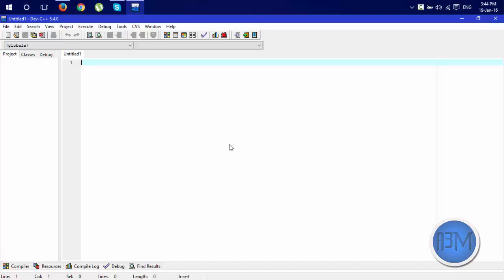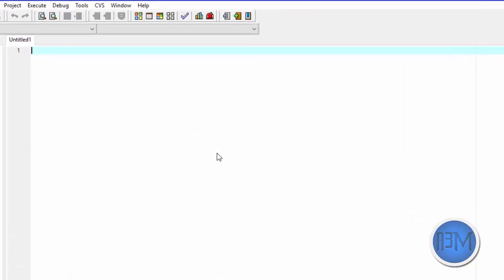In every C program you first have to include the directories, which include the syntaxes and some functions which will be used to run a program. These directories are used like this: hash include. This is called a preprocessor directive. We use include, then an angle bracket. In every C program, you will always need to include